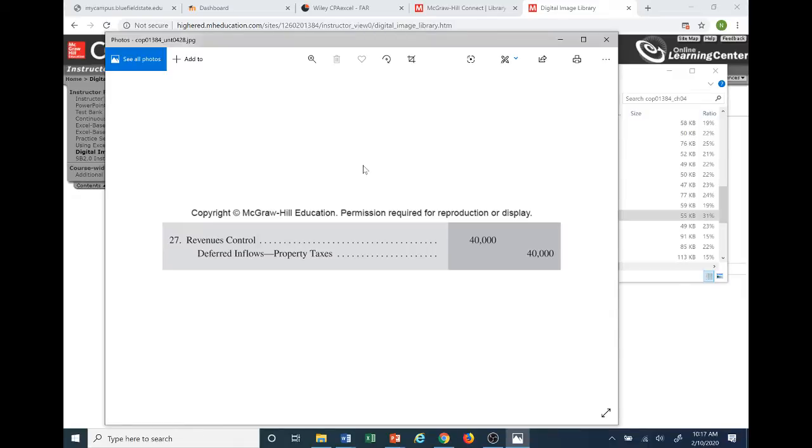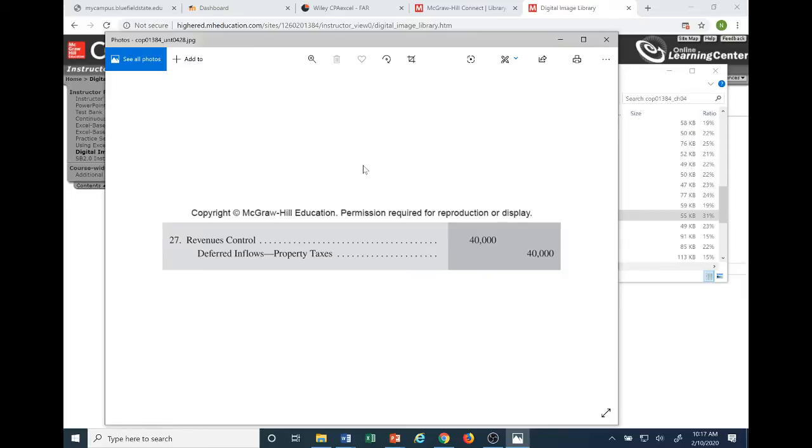Well, the measure available is that the 60 days. Right. So if we can expect to collect it within 60 days after the year end, it's available, right? Well, in this case, it indicated that approximately 40,000 would probably be received more than 60 days beyond the end of the fiscal year. So the 60-day rule requires that the 40,000 be deferred and classified as deferred inflow of resources on the balance